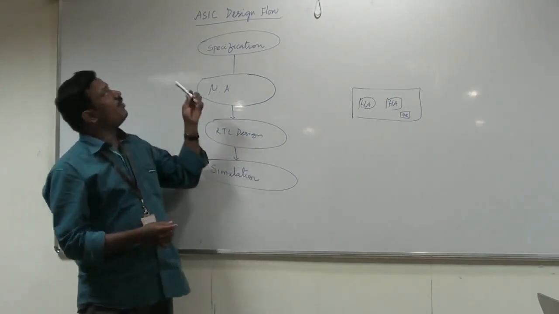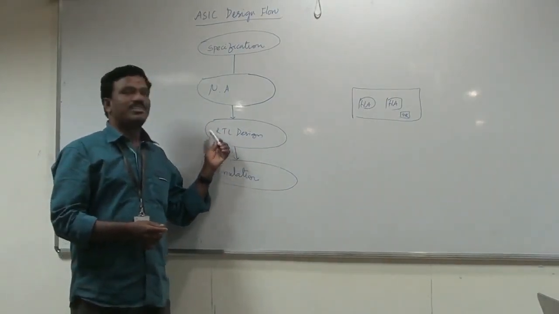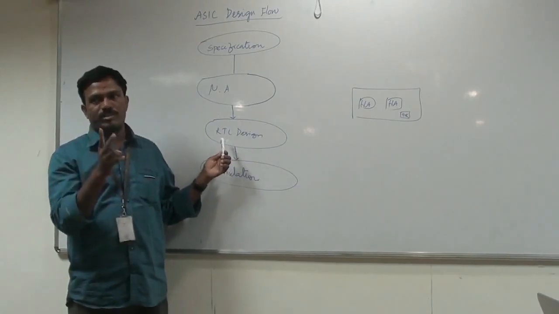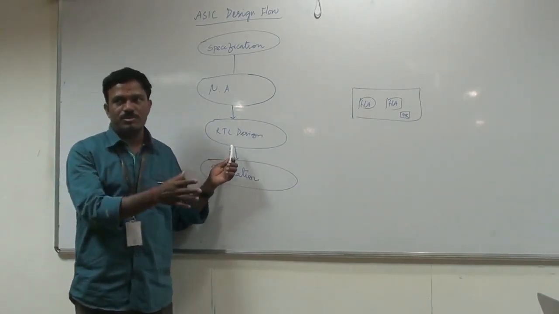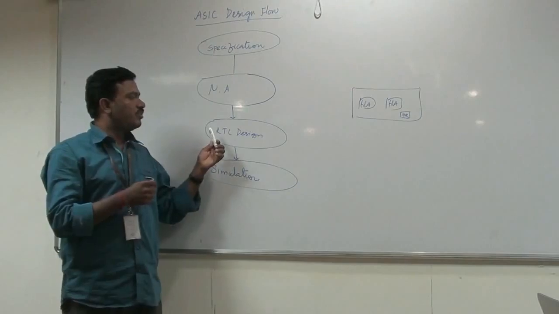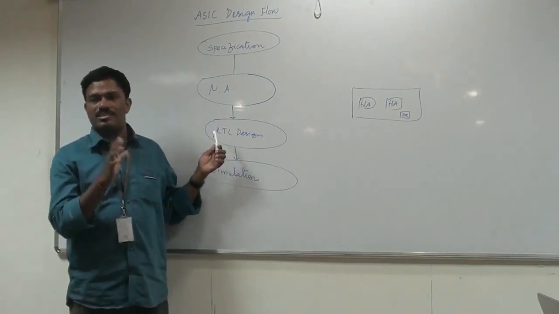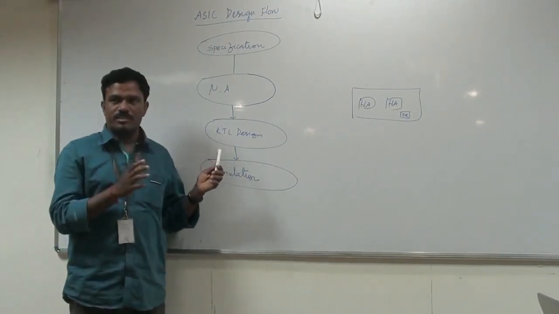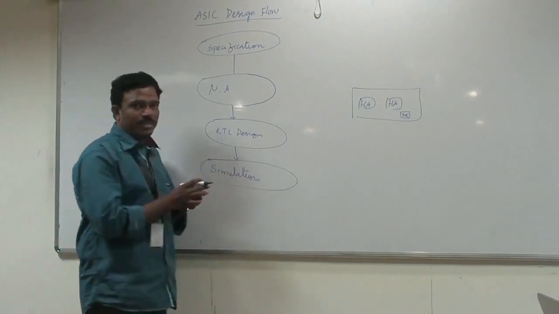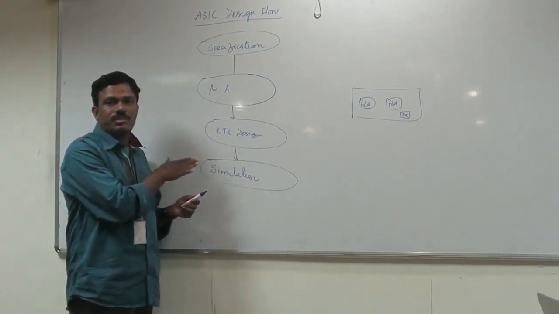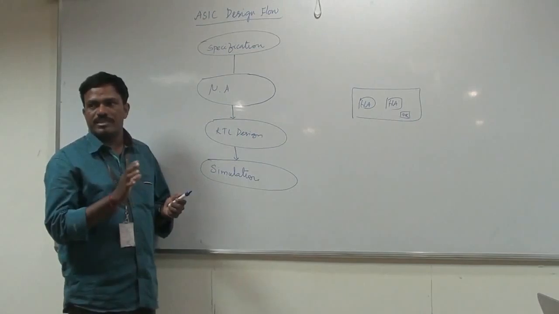Make sure that while going for ASIC design, you are making synthesizable RTL. There are 2 versions of RTL, one non-synthesizable and the other synthesizable. Please make sure that you write synthesizable RTL and simulate. Once the functionality is verified by applying test vectors and checking that all your functionality is correct,